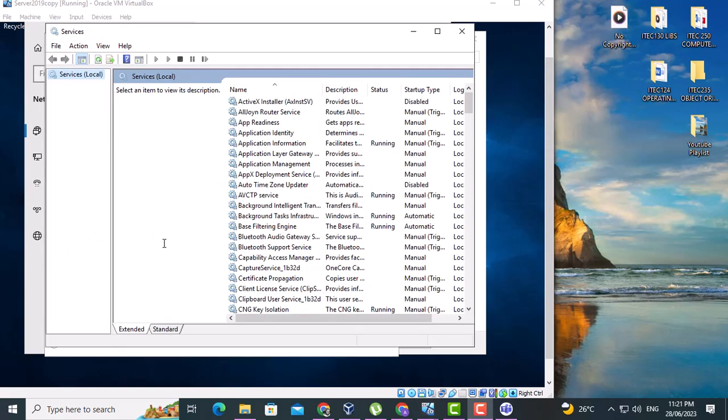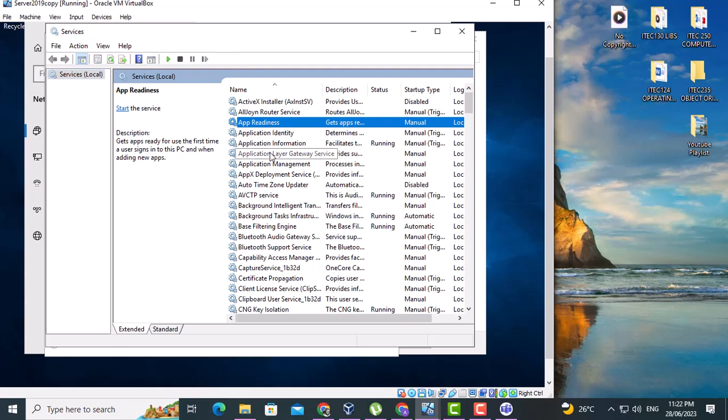When your services are finally open, we're going to look for 4 different things and make sure that they are running. Basically, we select one of these, click it once, and type